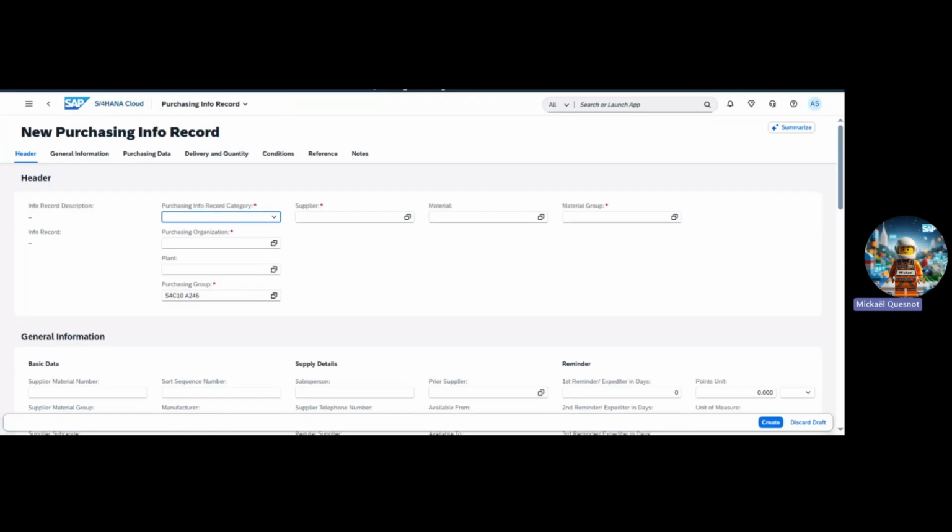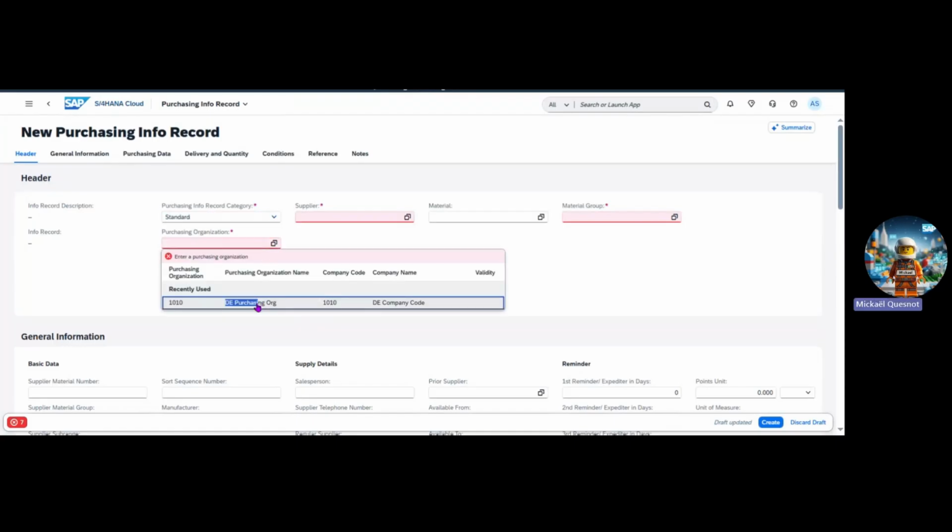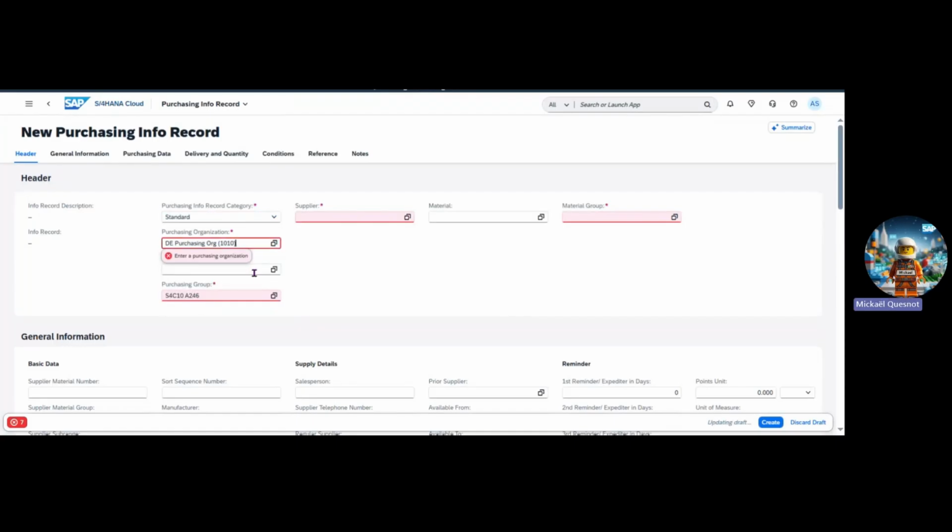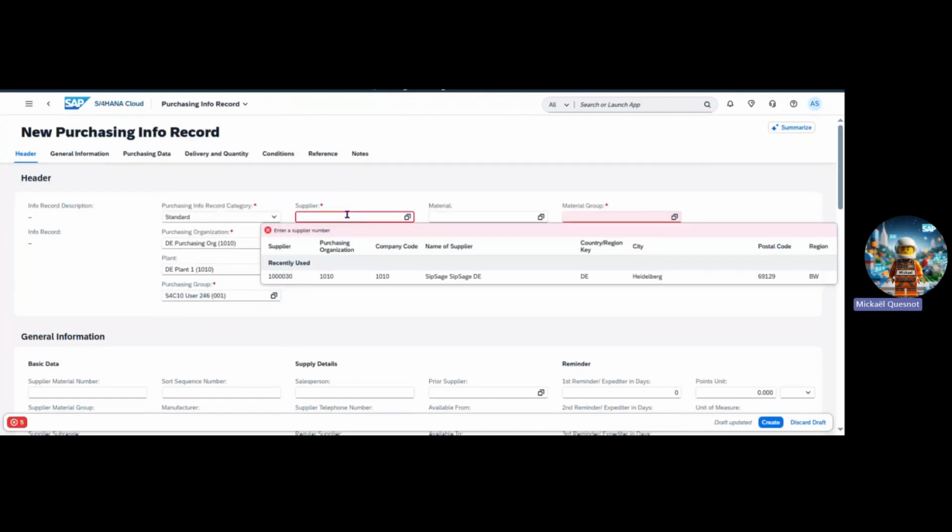For the purchasing info record, we use the standard type and the purchasing organization. The plant, 1010. The purchasing group I will use is 001, okay. My supplier,